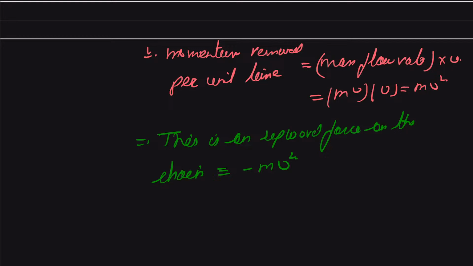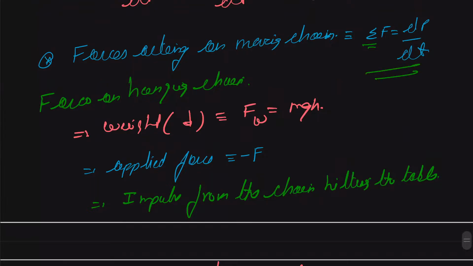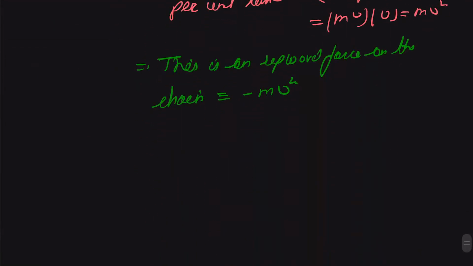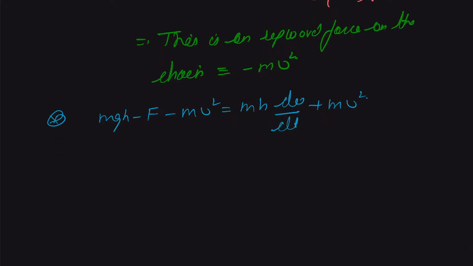and then we can find out our net forces, or we can say the summation of the forces is equal to the rate of change of momentum. Therefore we can write that because we have mgh minus f and minus mv square is equal to, we have mh dv by dt plus mv square,